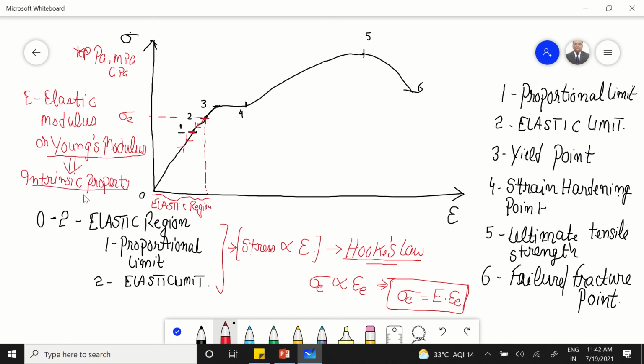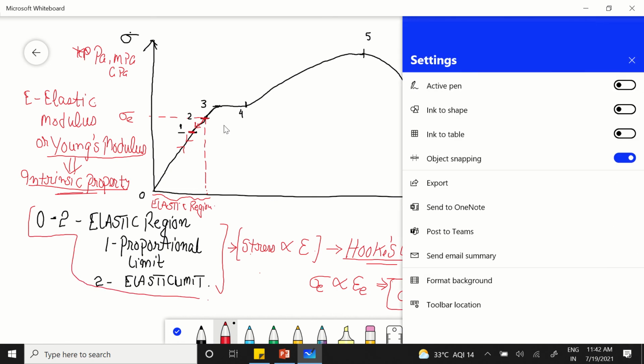All right. Now, what does this elastic modulus represent? This is the internal resistance of a material against the applied load. That is the physical significance of elastic modulus. Okay, so from 0 to 2, we have got an elastic region. Now, let us save this and